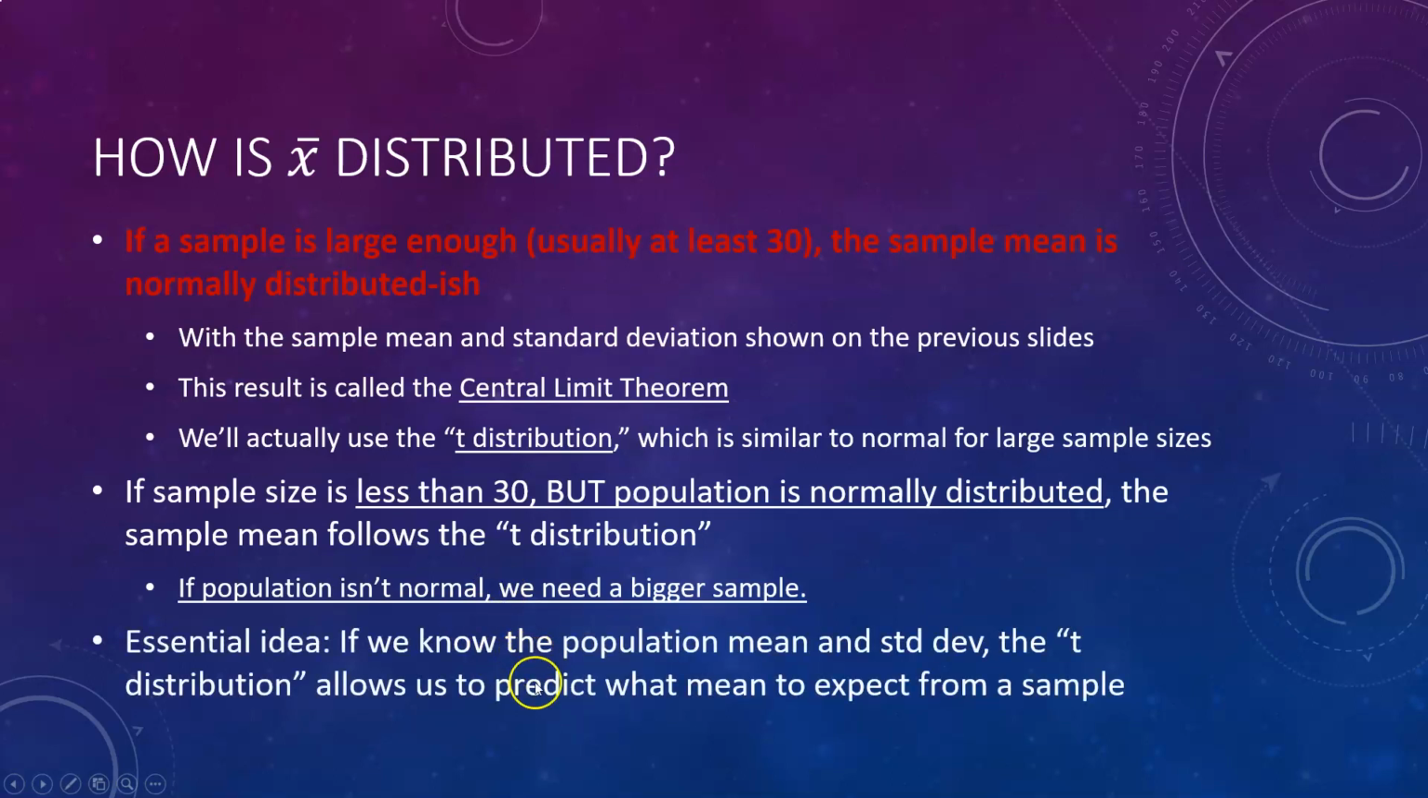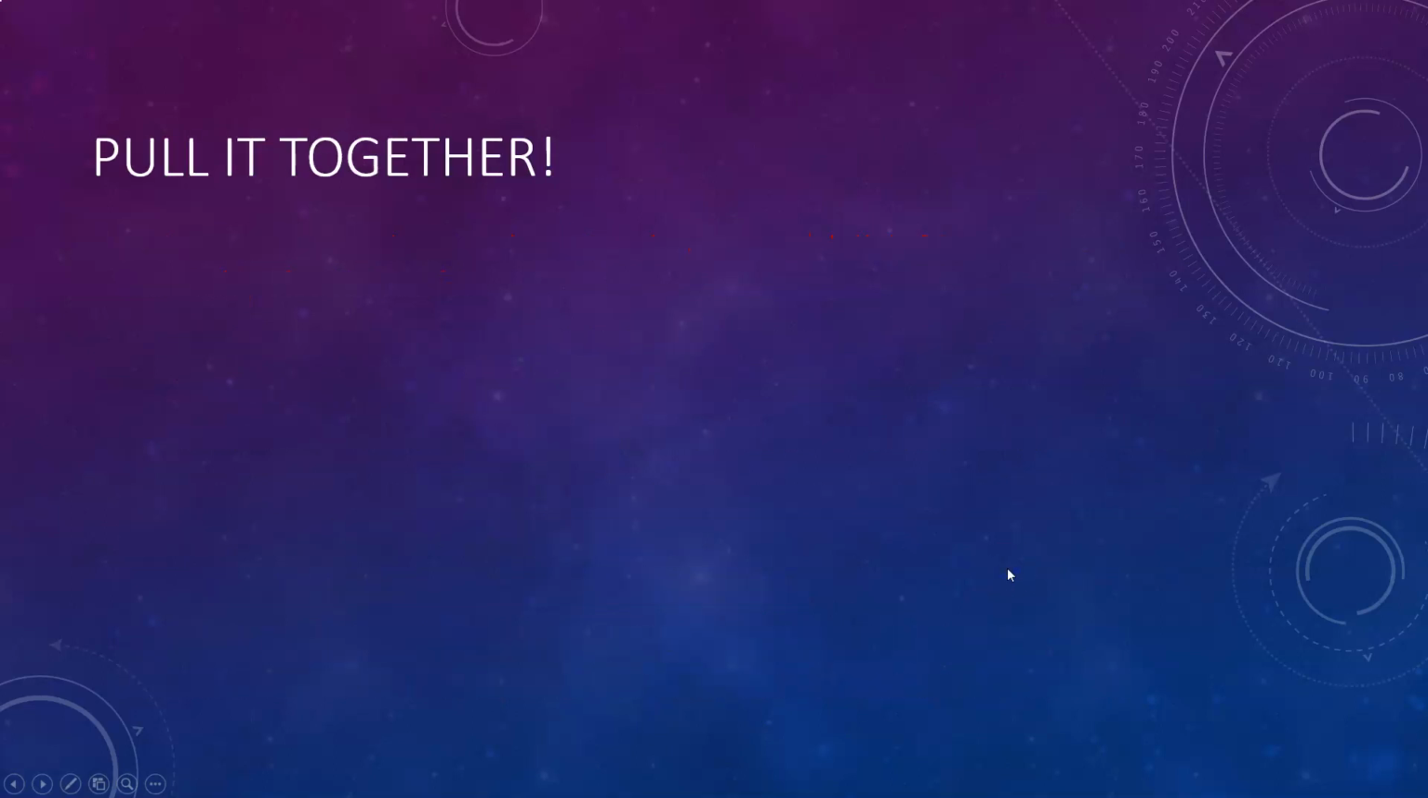The essential idea is that if we knew the mean of the population and the standard deviation of the population, the t-distribution would allow us to predict what mean we could expect from a sample. Now, we typically don't know these things, but the fact that those probability calculations are there is what allows us to reverse those calculations and take our result and work backwards from it. Okay? Pulling this all together, the moral of the last 4 slides is,